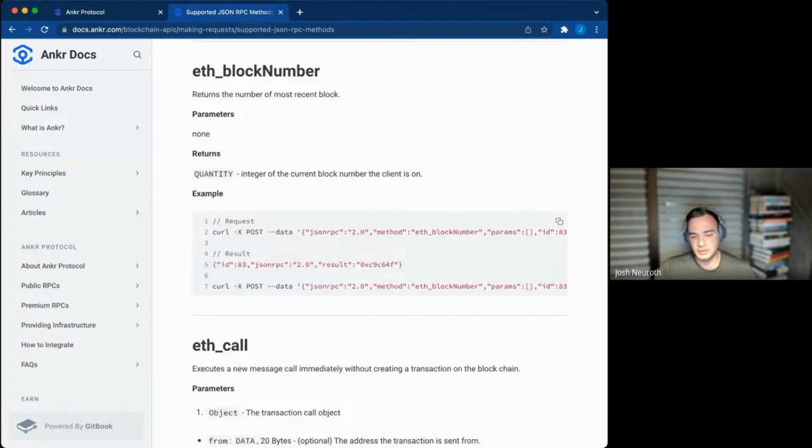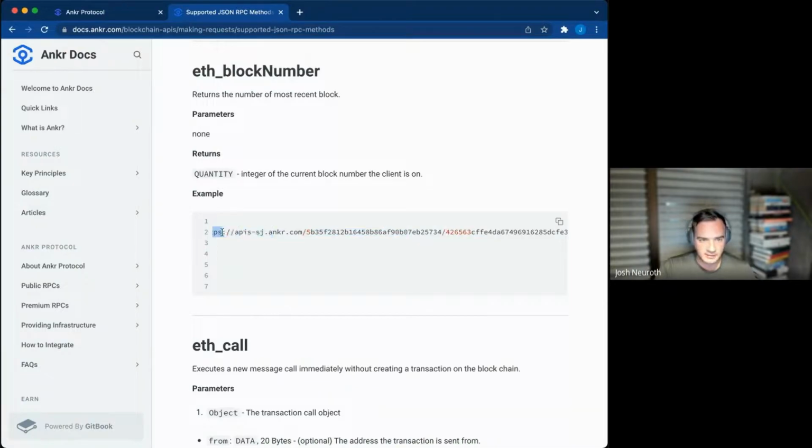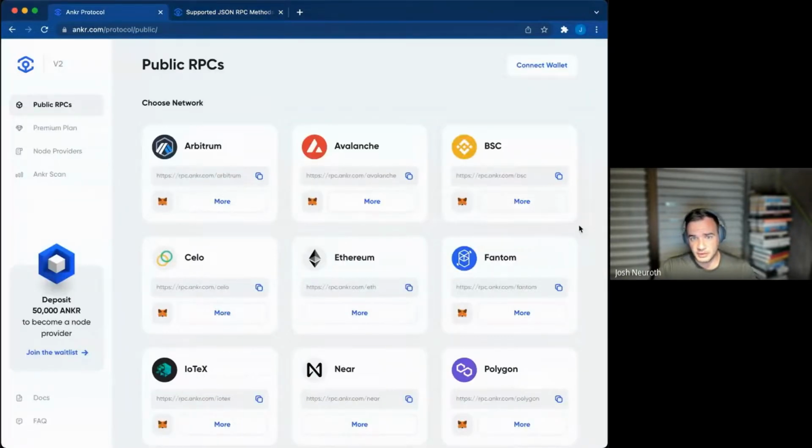And so I'm going to open up my terminal window here and share this, but basically, for the sake of this, I'm going to use a curl command like this one right here. So we're going to copy this, and this has an endpoint already in it, but I'm going to show you how to do this. So I'm going to go ahead and copy that. Now, hold on. If you remember this public endpoint, you can just copy and paste it. So remember that here, because I'm going to show you this in a second.